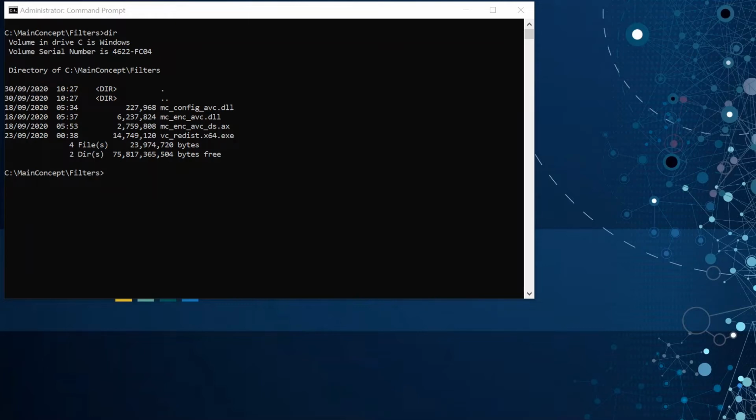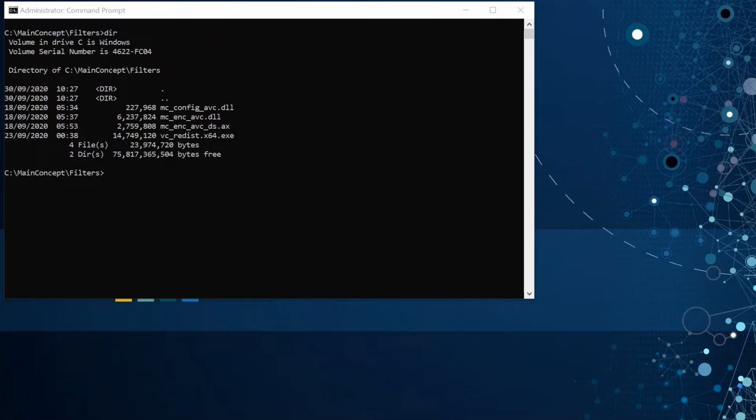If you need to register a filter with a different version, please check the version of Visual Studio which was used for the compilation and install the corresponding redistributable before the filter registration. Here in the same folder I have placed the Visual Studio 2017 redistributable file, which has been already installed.